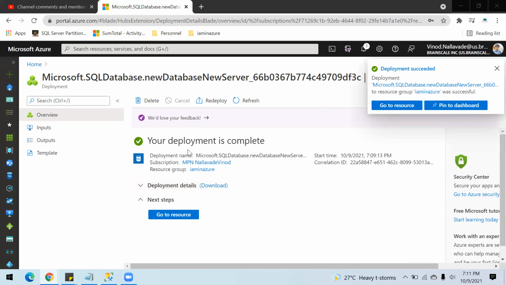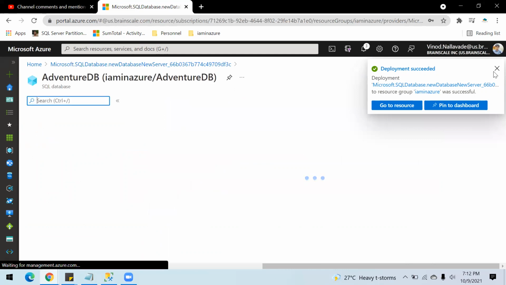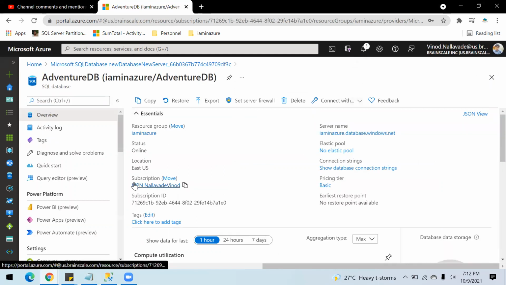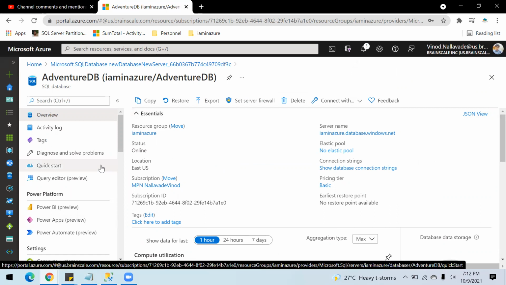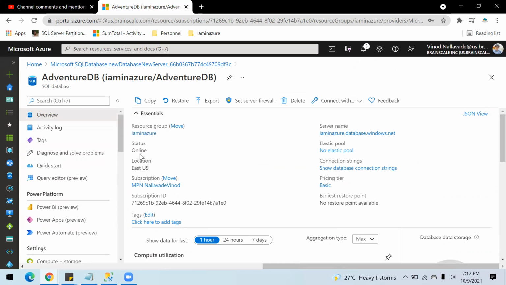So right now the deployment is finished. Let's go to the resource. Okay, so this is my SQL DB. We have different features here on my left navigation tab. The overview is where you will be able to see which resource group, what is the status, location, and the pricing tier. If we had enabled the elastic pool, we might have seen the information here.